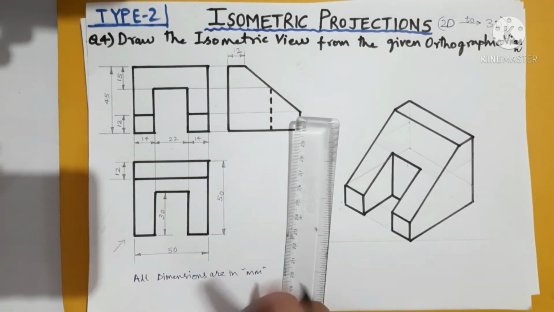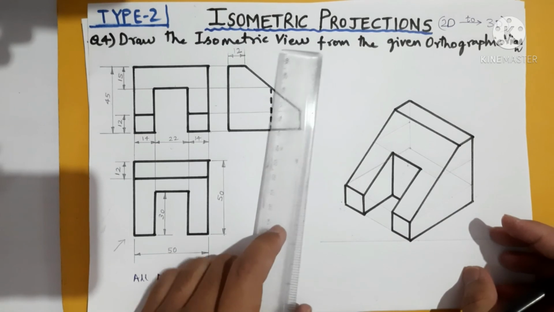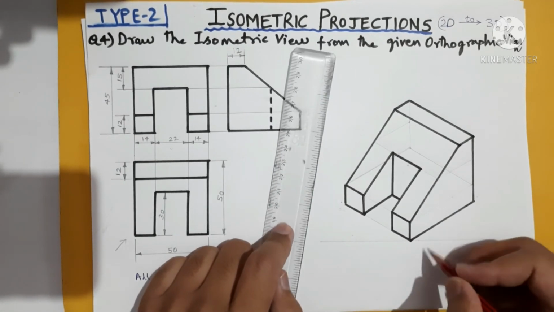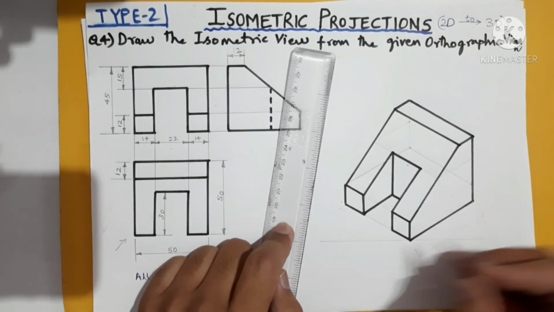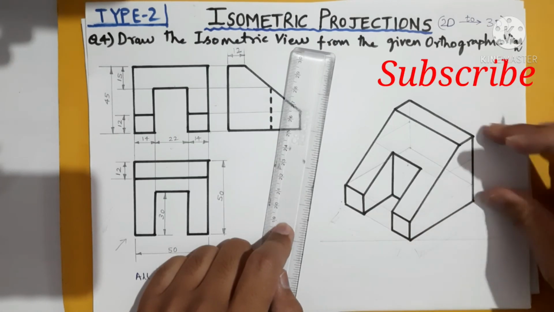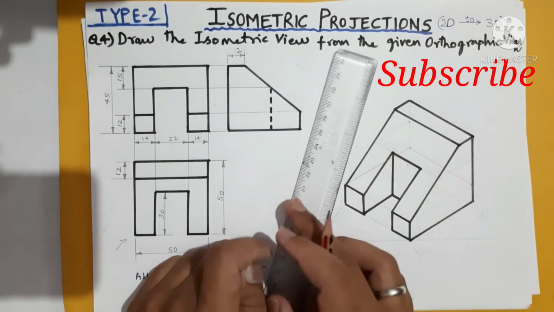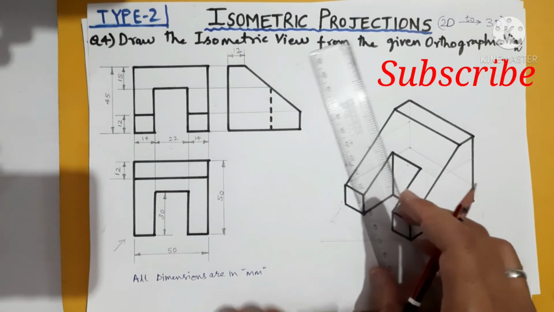Anything left, just check it. Okay, so the dimensions you can do, the main dimensions such as overall width, overall height, slot depth, all those things. If you do the minimum dimensions, that will be fine.